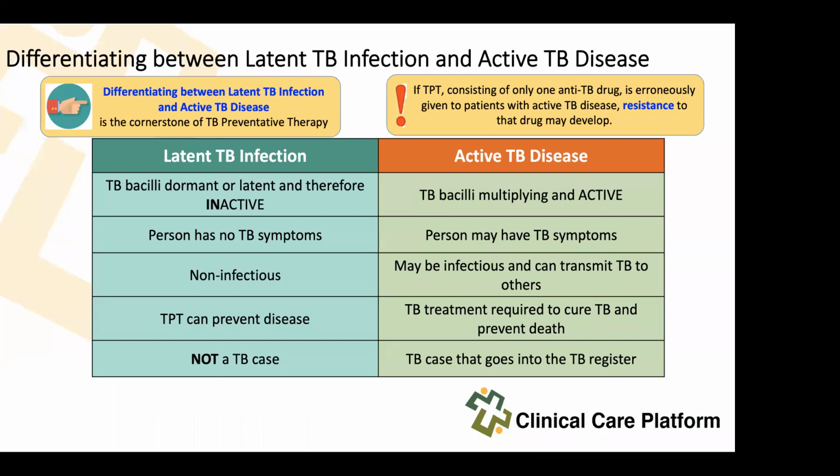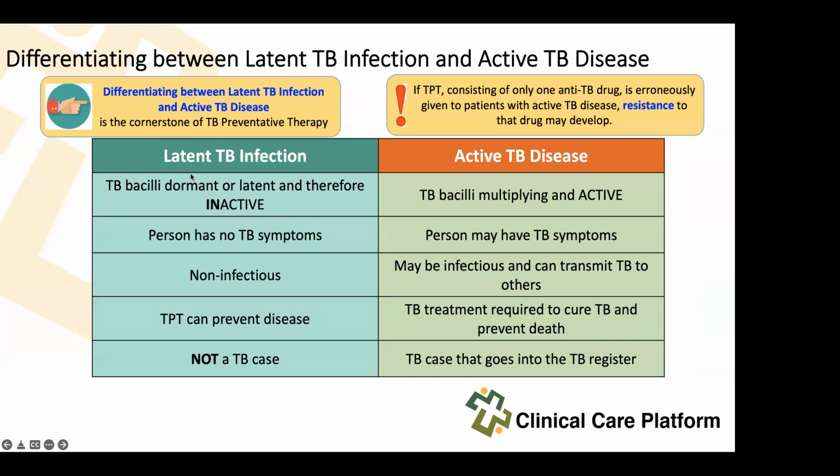At the heart of access to TB preventative treatments is our ability to identify patients who might be having latent versus active TB disease. And this we do through a screening questionnaire most of the time. Are you coughing? Do you have night sweats? Do you have loss of appetite? Cough of any duration in HIV is regarded as a positive screening outcome. So once you classify your patient to be having active disease, you mean that they are quite sick, they are symptomatic, they are infectious, and you even register them as a TB case.